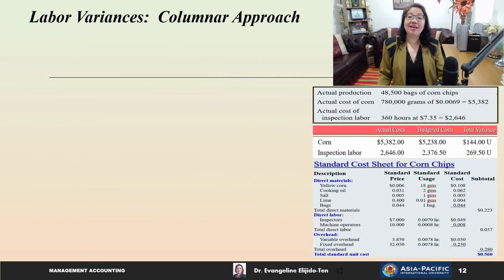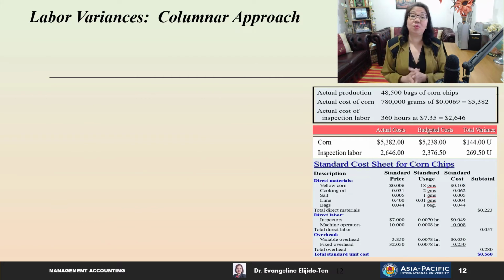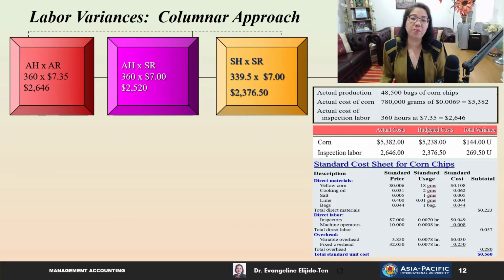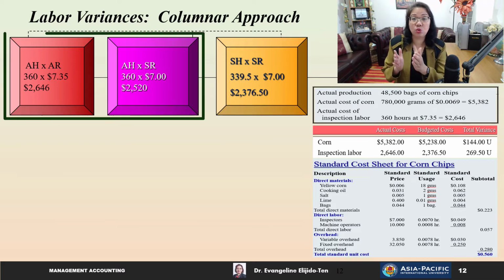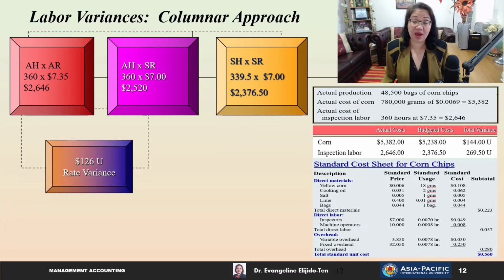All right. Now let's move on to the labor variances. We are starting again with the columnar or tabular approach. So here we are comparing the actual hours at actual rate with the actual hours at standard rate to calculate the rate variance, which is also the same as the price variance. So our actual hours is 360 as given here. And the actual rate is $7.35. Therefore, that gives us